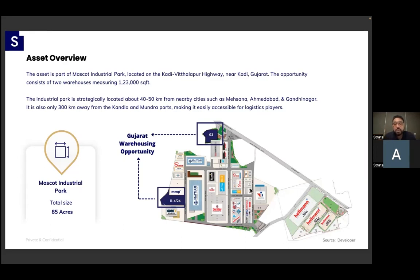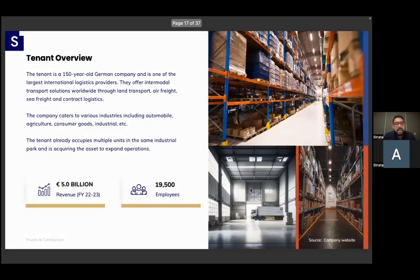end user also. And the tenant that we're talking about today is very important, because we always look at grade A tenant. So when I say grade A tenant, this is what exactly I mean. Here we're talking about a German 150-year-old logistics company, which provides logistics services, air, land, sea, water, contract, etc. The best of the brands across the world, the best of the names, they are approved by the end user, which basically gives me a lot of sense of security,